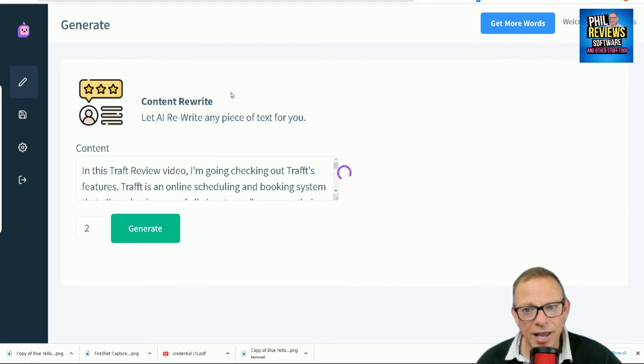Always takes a bit of time, this AI stuff, but it is working its magic. It's not instant, and it saves you a lot more time than it takes. So it should be rewriting the article now, and then we'll try and compare the two. Still taking a bit of time.